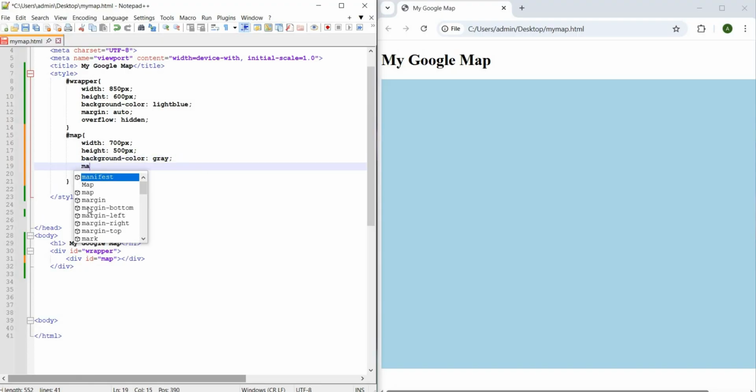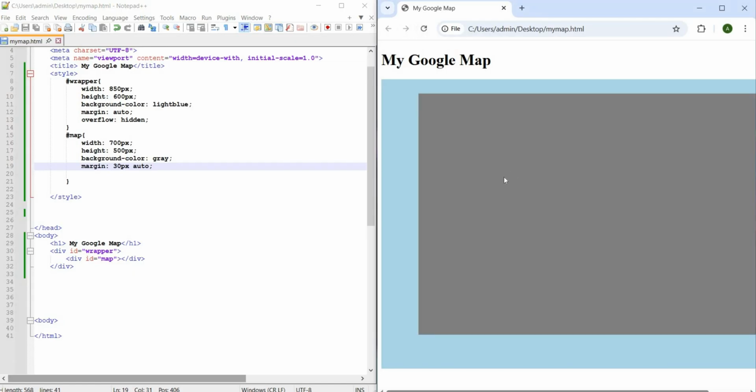And margin, 30 pixels. Hit save. Then let's check here. Refresh. So it was reflected. So next step, we need to put a Google Map here.